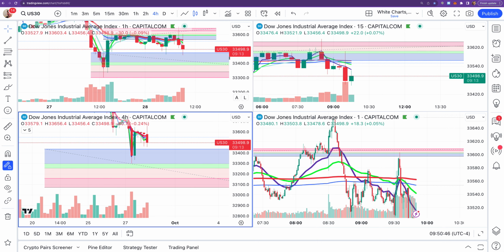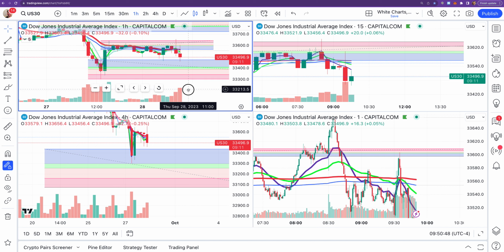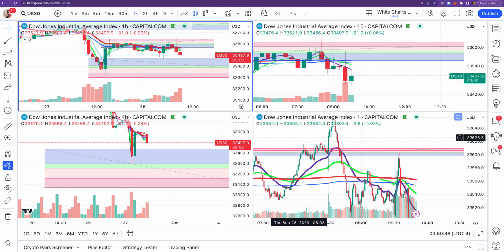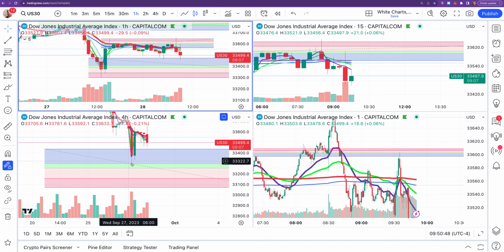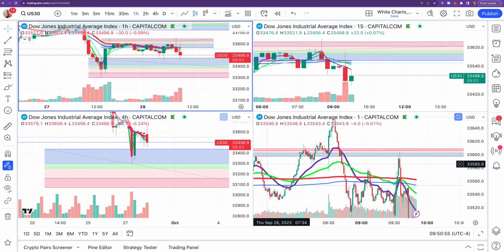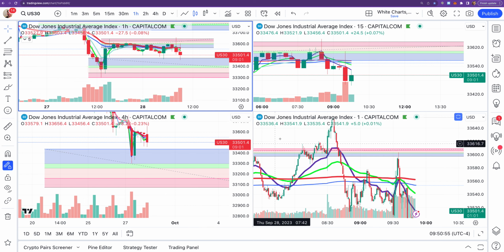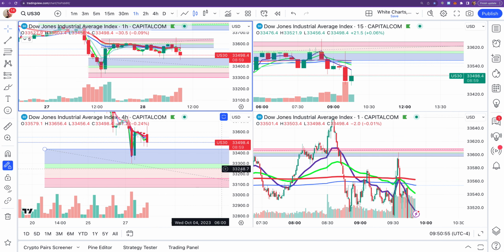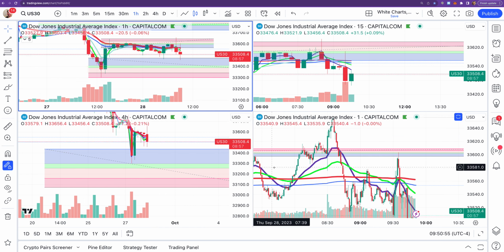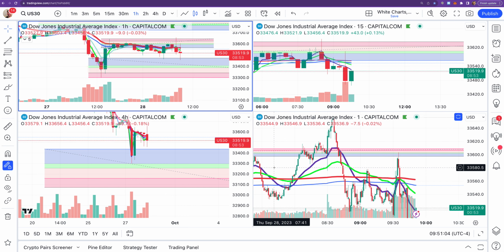Okay. So what I decided to do was, I had the 4-hour order block on all my charts because I thought it was a very significant order block and I wanted to be able to see it on all my charts. But now what I had the idea of doing this morning was to have 4 different time frames up, and for each time frame I'll have the order block that's one level above, one time frame behind that chart. So I've got 4 charts and 4 different order blocks, and the idea is to see where they match